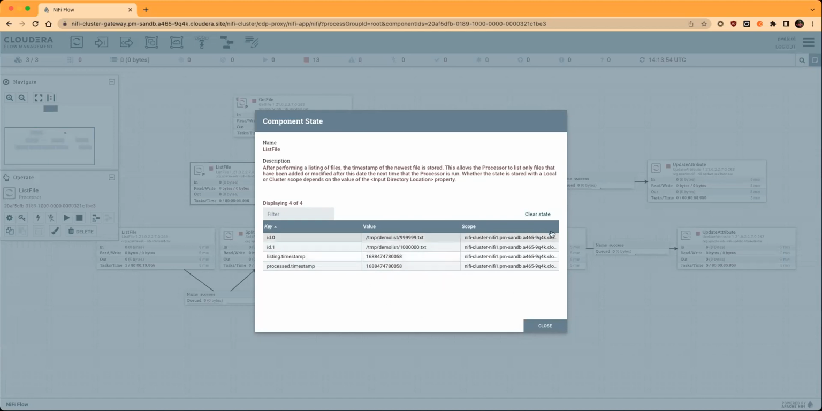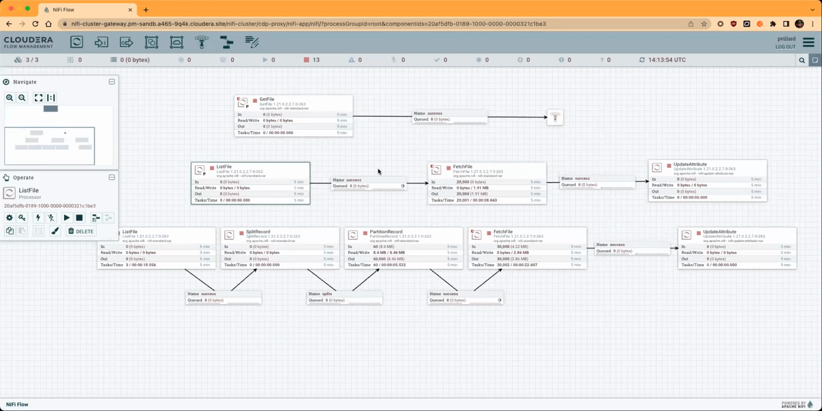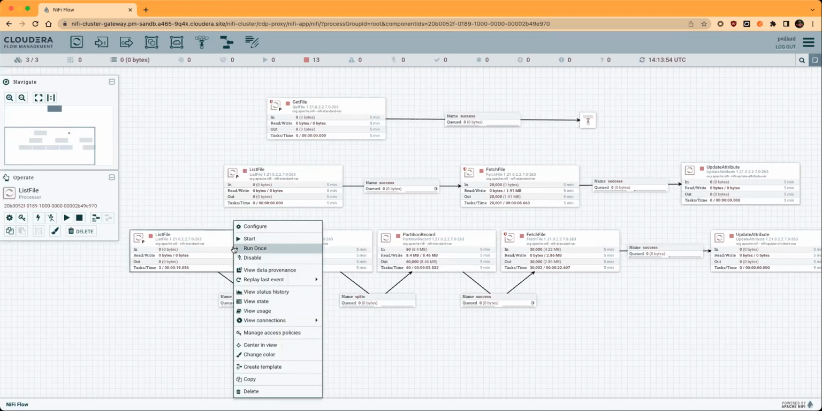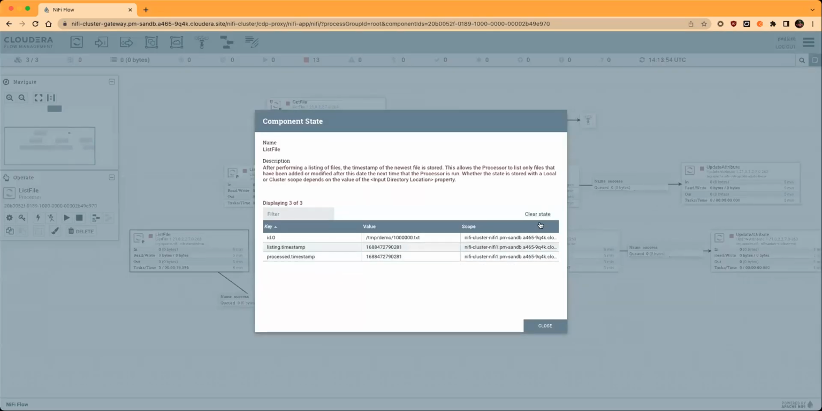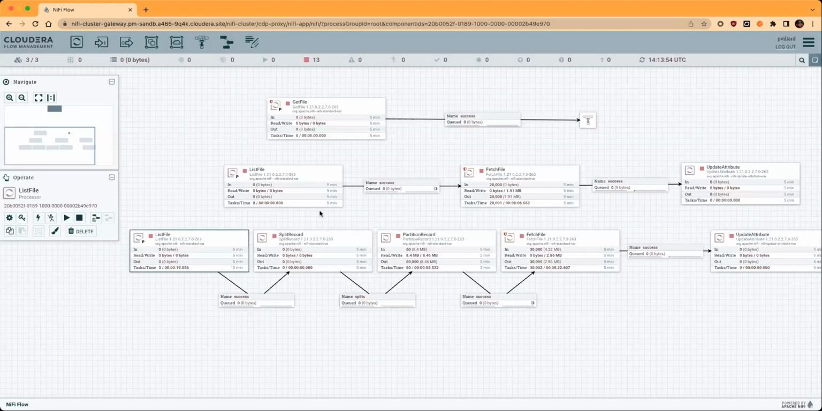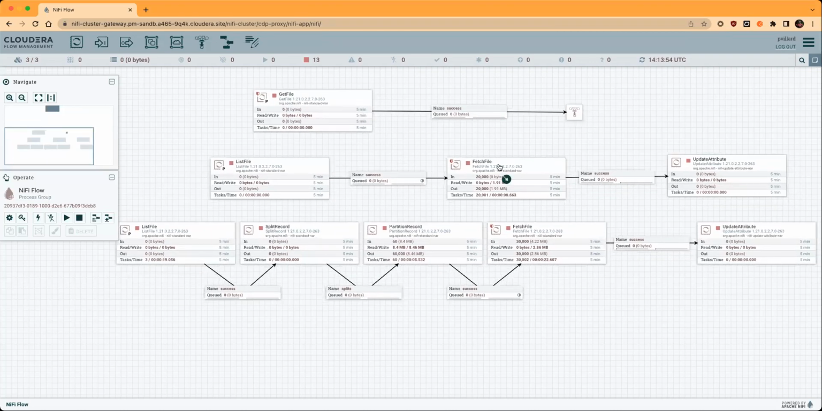Okay, I can clear the state, which means that when I start the processor again, it's just like I never listed anything. So I will be doing the same here. So that's a good way of saying, okay, let's start over, and I want to list everything again. Okay, so I will start this,